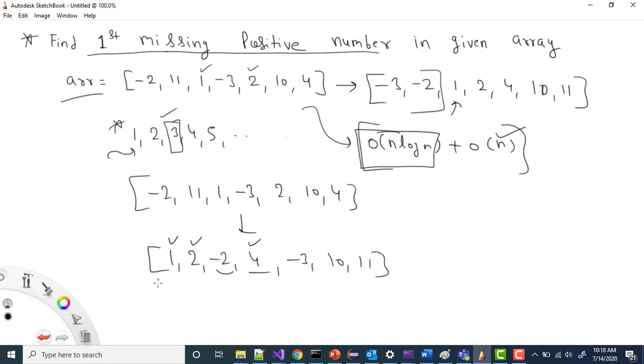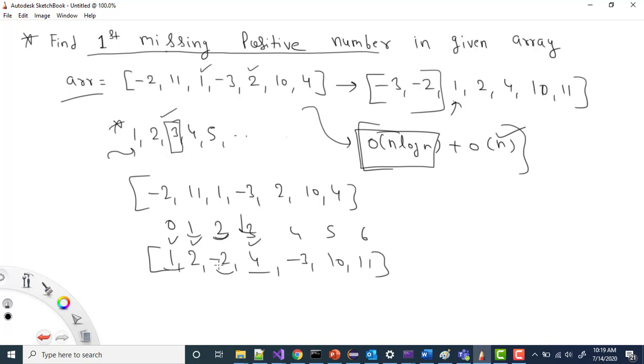Now can we do something like this, that now we know that this should be the ideal position, and our indexes start from 0, 1, 2, then we have 3, 4, 5, 6, right? So if you see, the actual value should be the index plus 1. Now here index 0, so ideal value should be 1. Here we have index 1, so ideal value should be 2. Now here we don't have the value, because ideally the value should be 3, but right now we have -2, right?